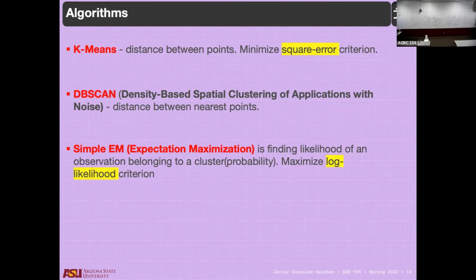This one uses probabilities, uses likelihood. We do not need to specify the number of clusters. I am going to talk about this, but basically the algorithm is able to figure out what is the best number of clusters because it's going to be checking the best number that reduces the error, so make the final error the lowest. Another option,